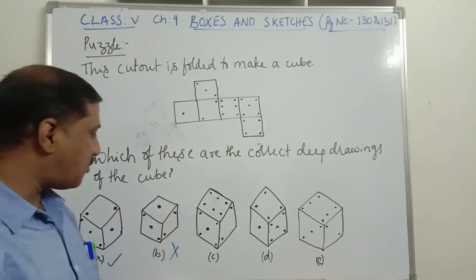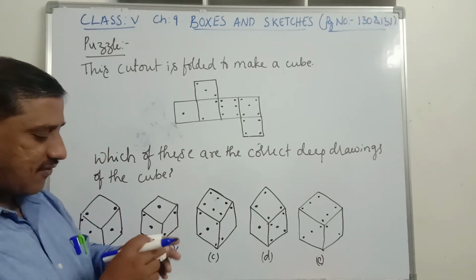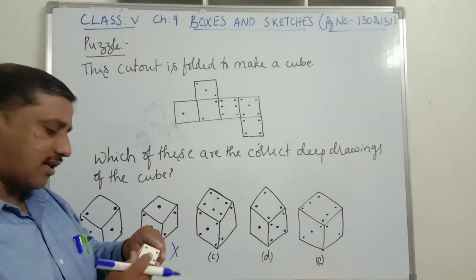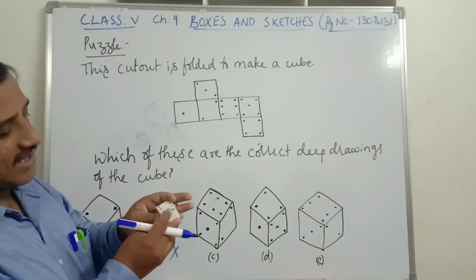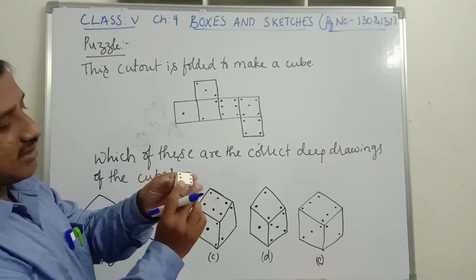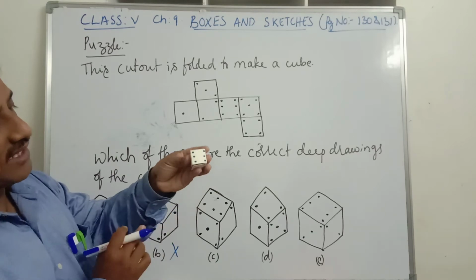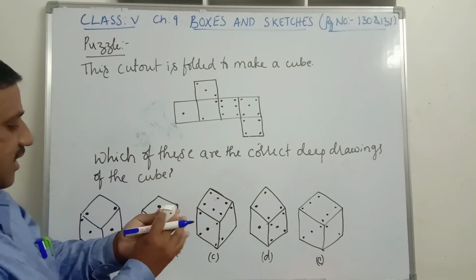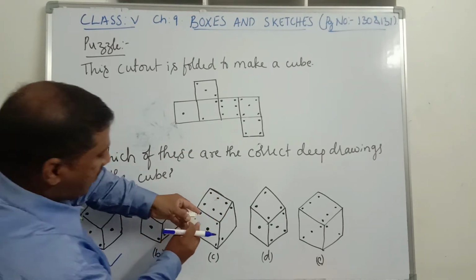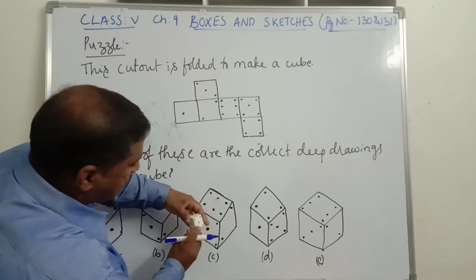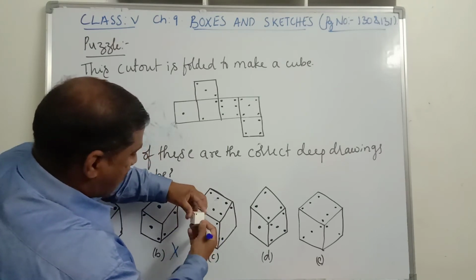Next, what about C? On the top surface we have 6 dots. See, this is the face with the 6 dots. See, is it clear? This is the face with the 6 dots. So now we place it like this. Then you see here we have 6 dots on this,